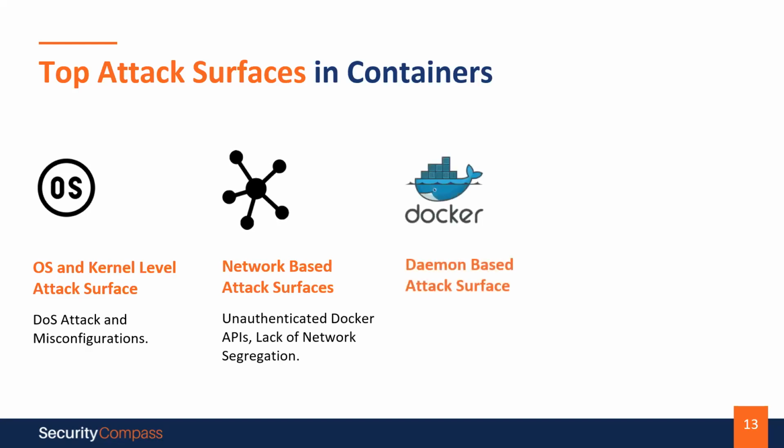Then we have daemon-based attacks, which are further categorized into Docker misconfigurations and container breakouts. Creating a container with privilege flags is one type of misconfiguration, and adding a user on the host and then adding that particular user to the Docker group is another sort of misconfiguration. If a potential privilege escalation attack occurs, where a user gains elevated privileges through a bug in the application code,